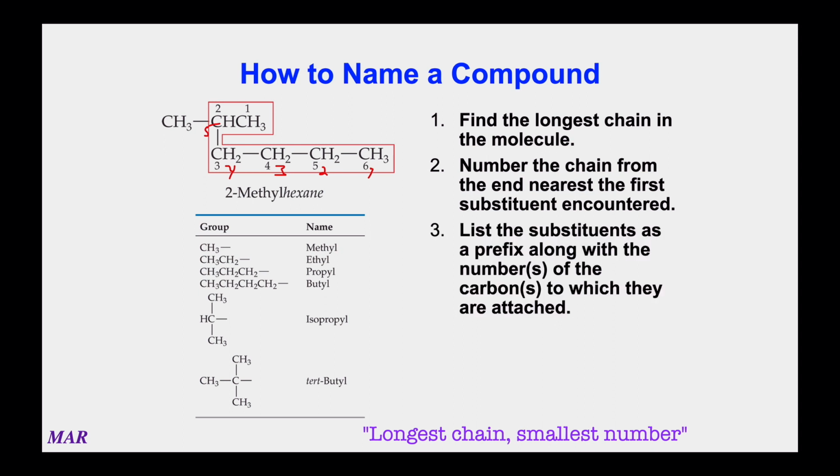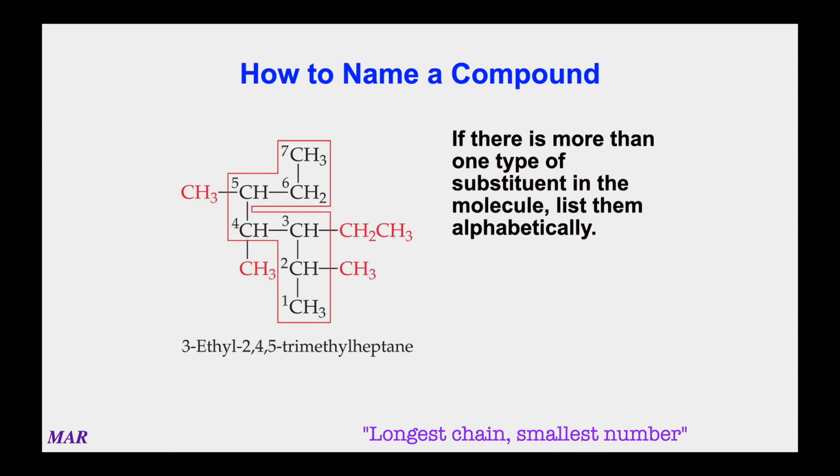The substituents that aren't part of the longest chain you put in front and they'll have numbers next to them, and the numbers relate to where they're connected to the alkyl chain, to the longest chain of carbons. So it's 2-methyl. And of course, if you have more than one, you can use a dimethyl, but each methyl group would have its own number. And if there is like a chloro and a methyl, you want to alphabetize because that's how chemists roll. So here's one that's a little bit more exciting, and you do want to list them alphabetically.